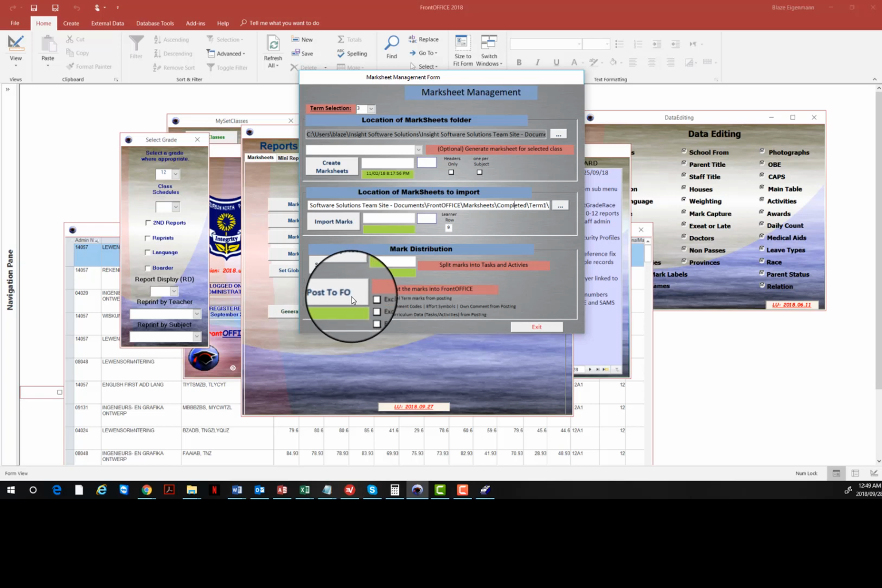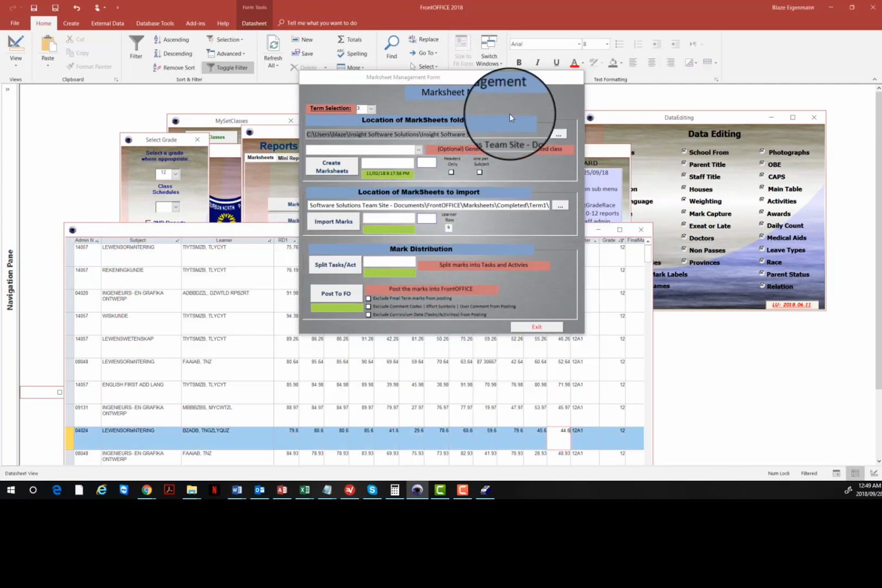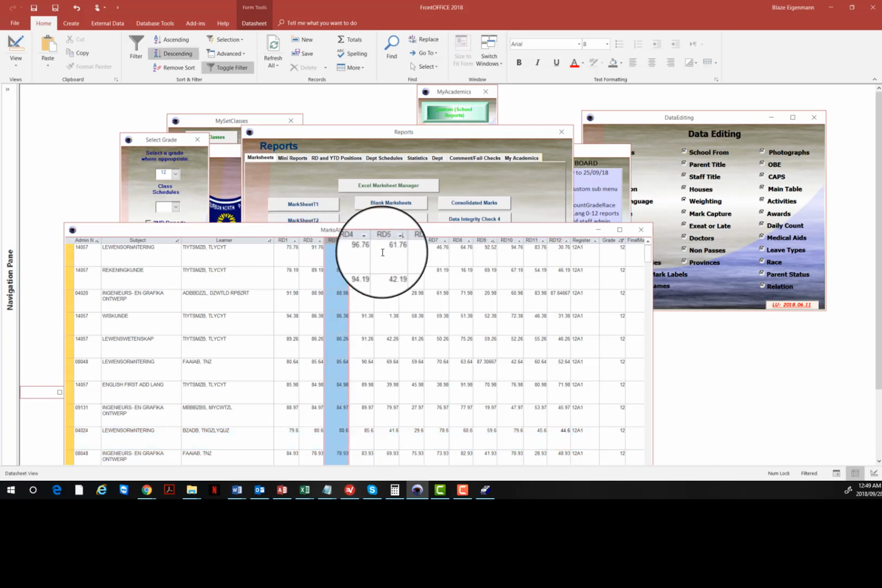And then when you post to FrontOFFICE, what you can actually do is just say exclude curriculum data, in other words, tasks and activities, and if you want comment codes even. And so then what it does is it only pushes the final term marks through. So, and you would be pushing them into RD5. Okay, so in that case you would still be preserving your term 3 mark that you calculate, but you're pushing